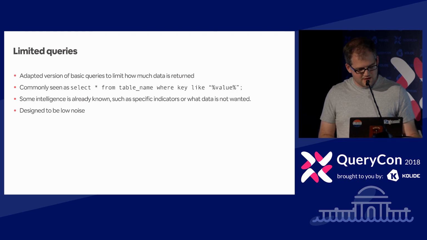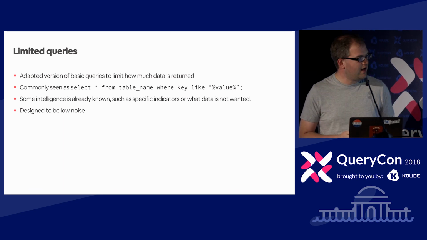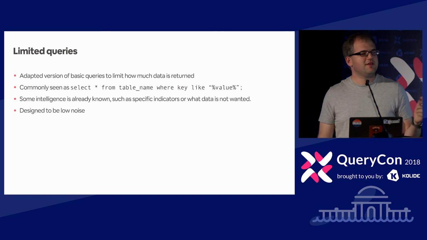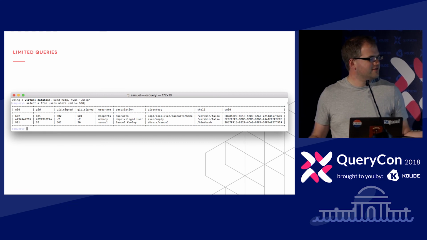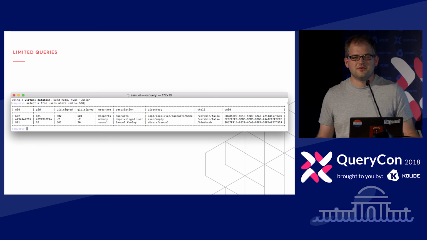So if we look back at that users query, I was getting back so many things. If you look on a Mac, all the users that I created through the GUI are going to have a UID that's greater than 500. So pretty much all the system users are going to have a UID that's below that, and I just want to find out who the actual users are on a machine. So I can say in my SQL syntax, select star from users where UID is greater than or equal to 500. And I get back my user at the end. I install MacPorts on my computer, so that creates a user.